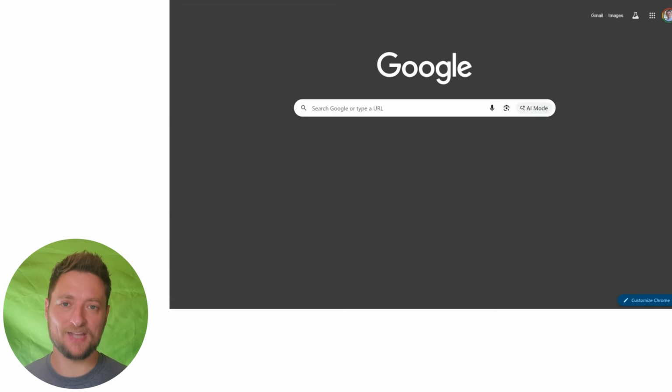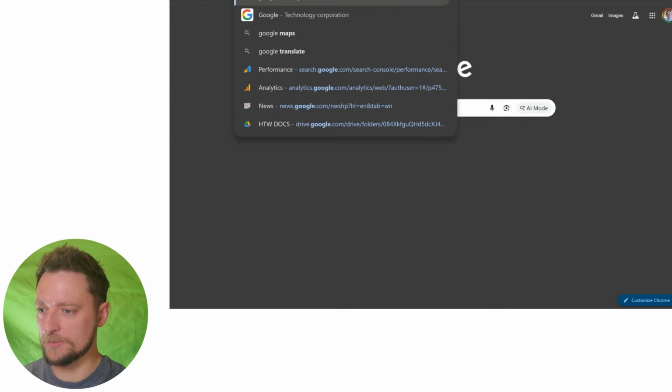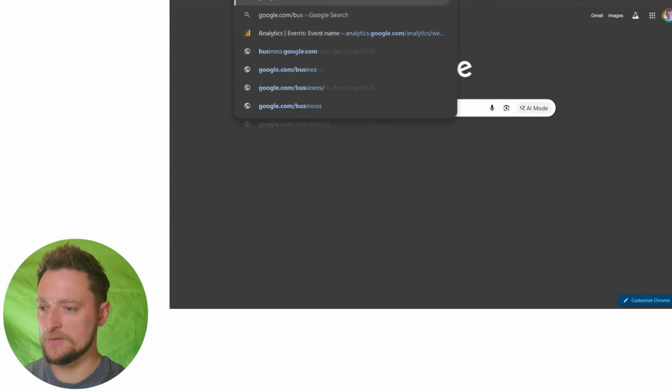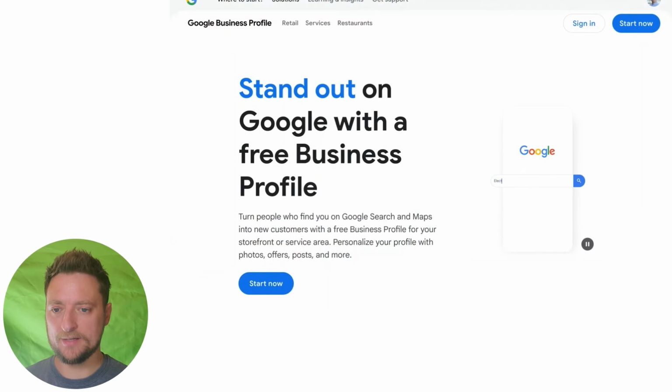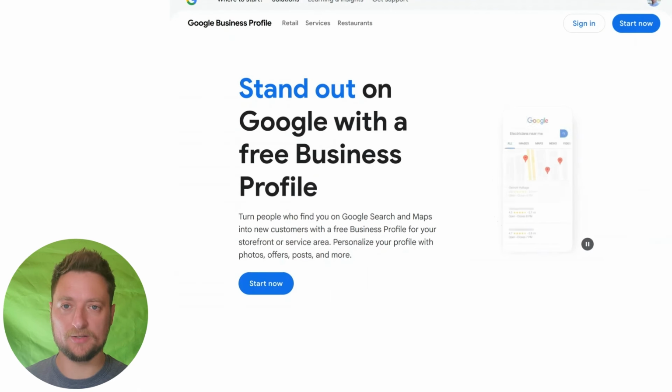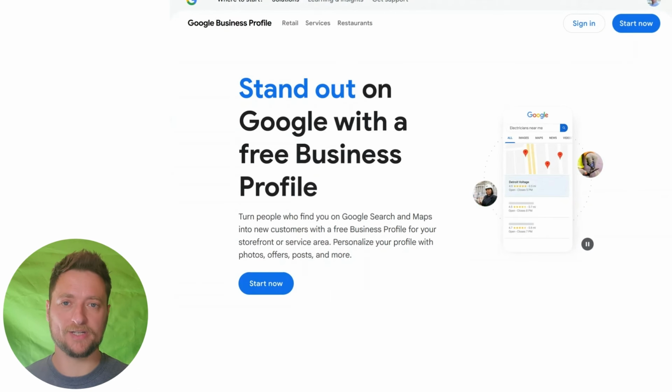Now, the first step is to actually make sure you have a Google business listing for your business, and claim ownership and verify it if it already exists. To get started with that, go to google.com/business. And make sure you're logged in with the correct Google account that you want associated with the company